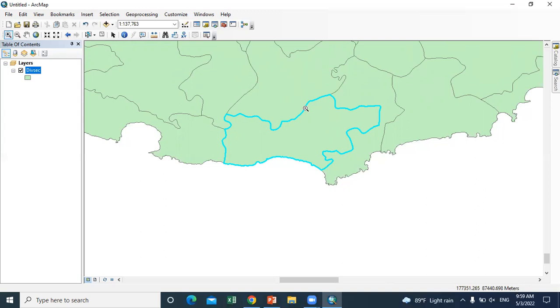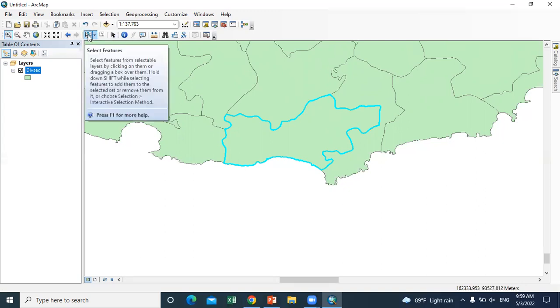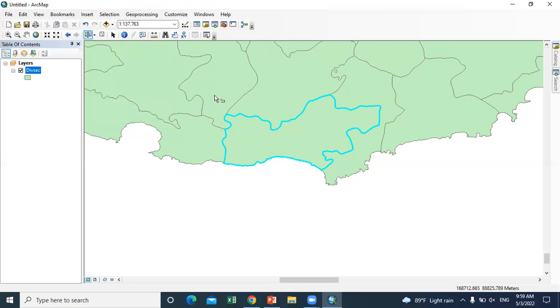So whatever the things that you want to see in the map, you can select first in the attribute table and then you can see it in the map. If not, you can select the area you want in the map and then you can see the details from the attribute table. So we can use the select features tool. You have to use the select features tool and then select whatever the